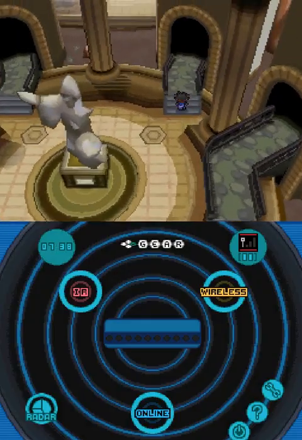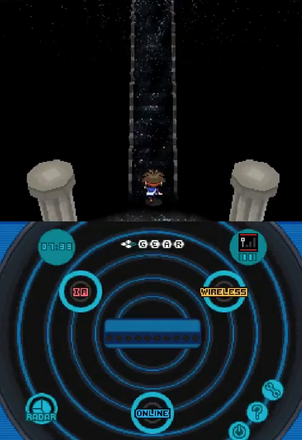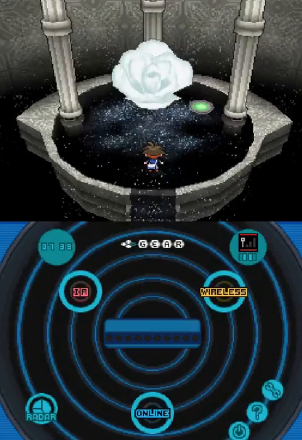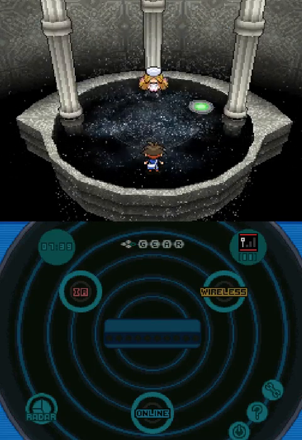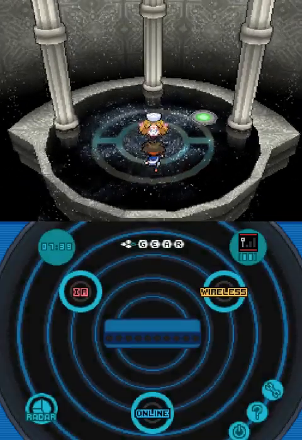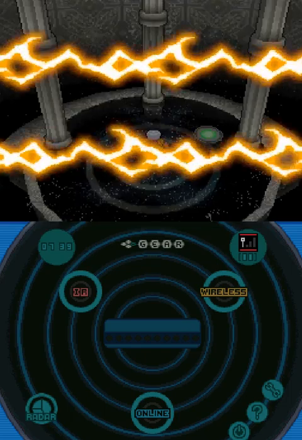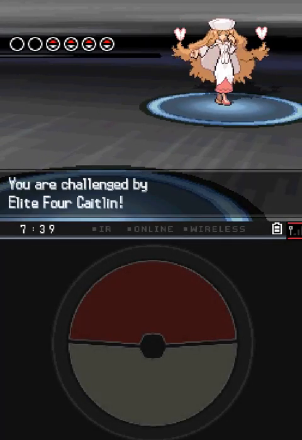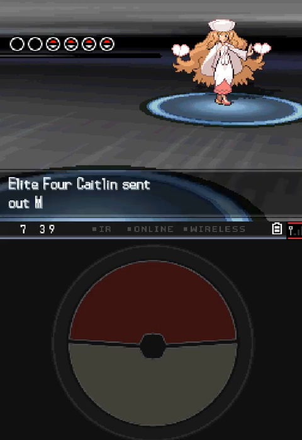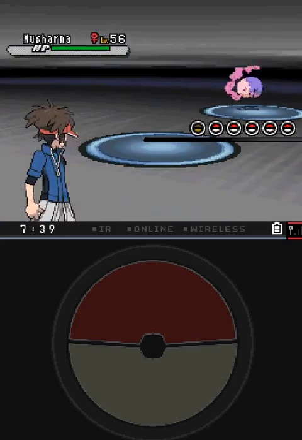Next up we have the second member of the Elite Four. There's also an upgraded animation coming now from our White Flower. Let's talk to her. Time for our second battle, Caitlyn. We are a Chad and we are going to destroy her. Are those butterflies? Well, never mind. Musharna. We're going to destroy Musharna, but before we do,